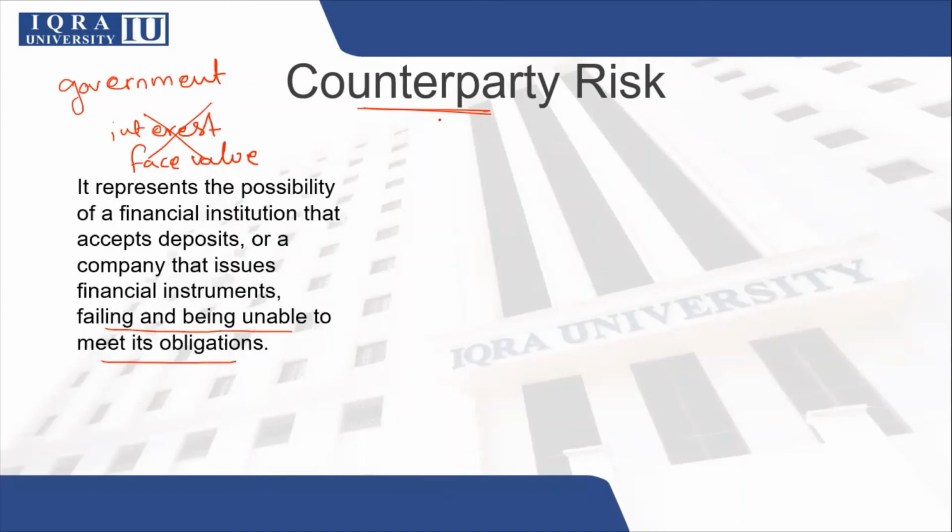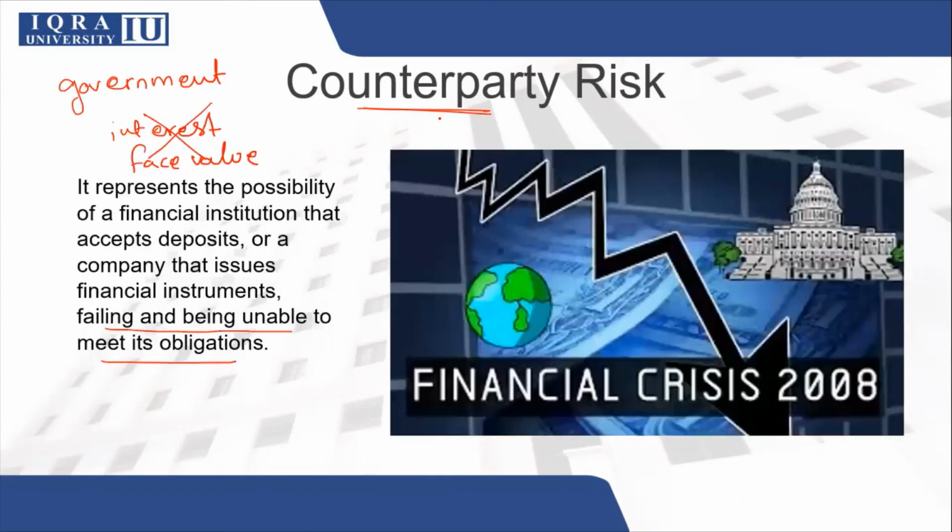Counterparty risk is also very important because it actually led to the financial crisis of 2008. The subprime mortgages that were issued in that case were issued to people who could not actually pay those mortgages on time. So the counterparty at that time, the people who had purchased those mortgages, defaulted on their loans. And because of that, many financial institutions started to default, and there were derivative instruments on those that also defaulted. So the whole financial crisis of 2008 was because of counterparty risk.